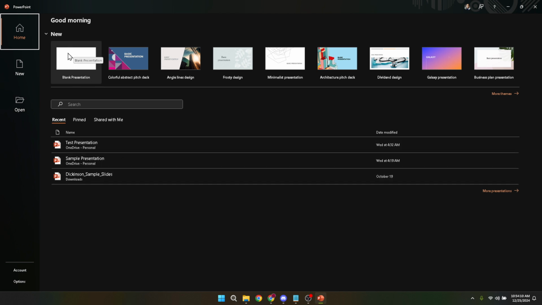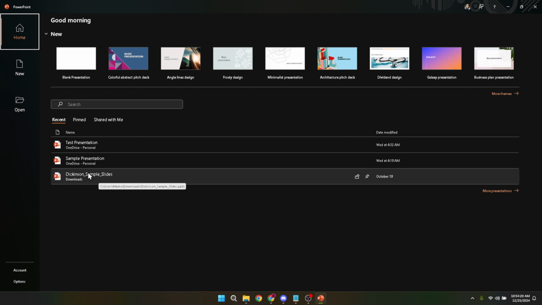And there you have it. You're in. Your chosen PowerPoint file is now open and ready for action. From here, the possibilities are endless. You can add new slides, insert images or videos, play around with different design themes, animate your content, and much more. PowerPoint offers a wide array of tools and features designed to help you bring your ideas to life in